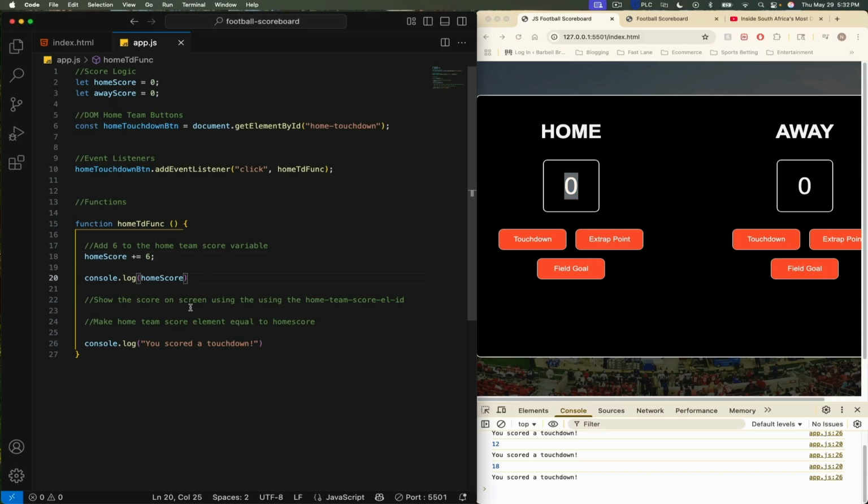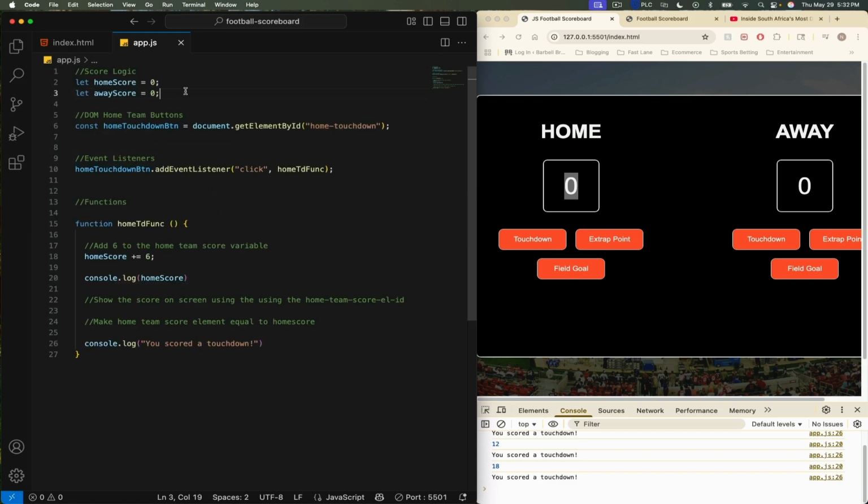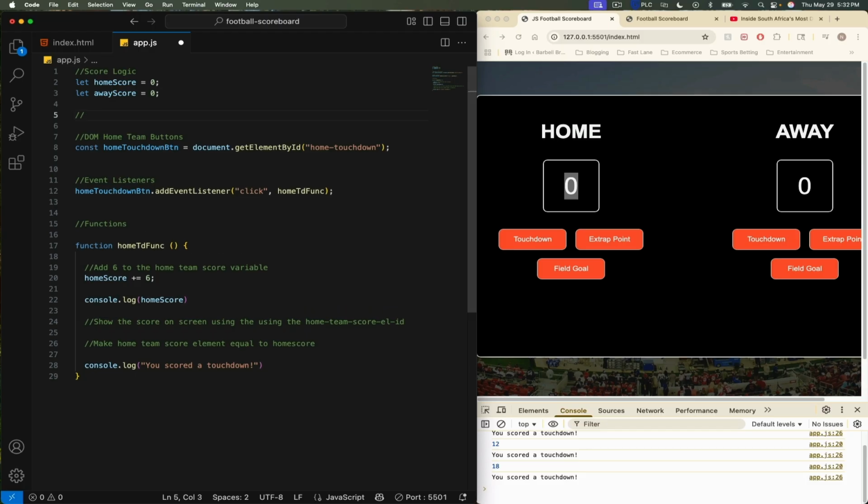So to do that, we need to grab our home team score El. So let's do that. So these are our buttons, event listeners. So let's say DOM. So remember, the DOM stands for document object model, and that just refers to our web page. So by me calling this DOM elements, I'm just saying, hey, these are like HTML elements that I'm grabbing from my page. That's just where they're going to go. So we'll say DOM elements here,